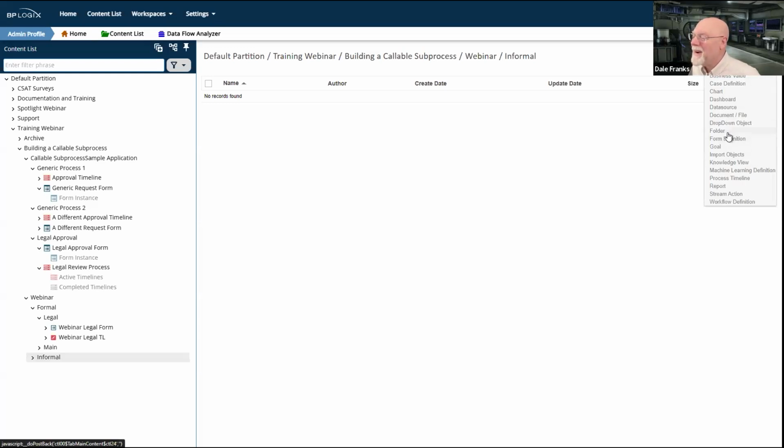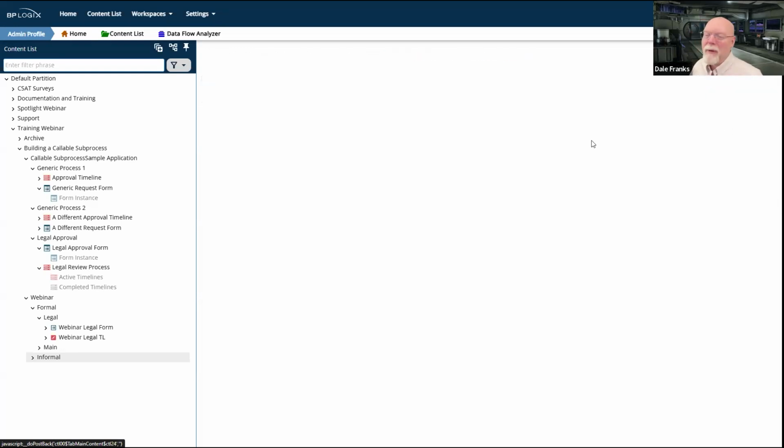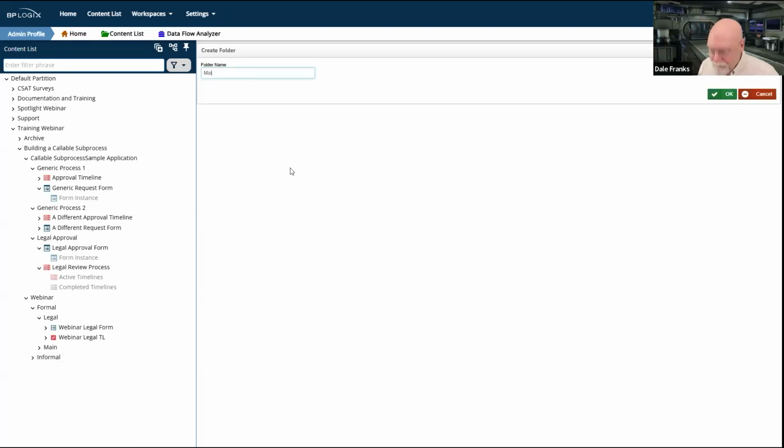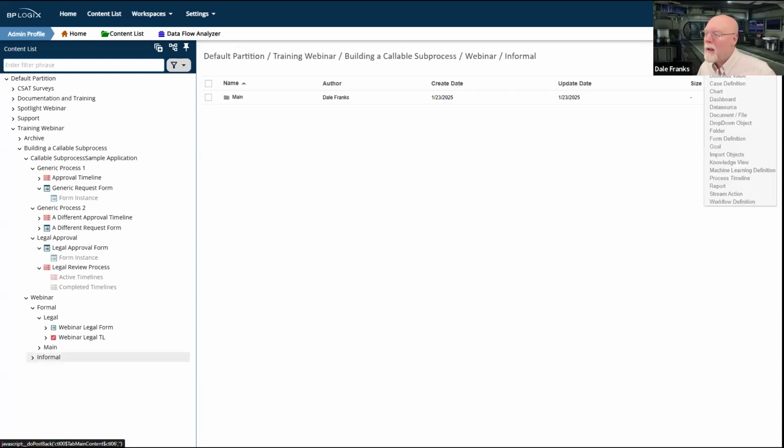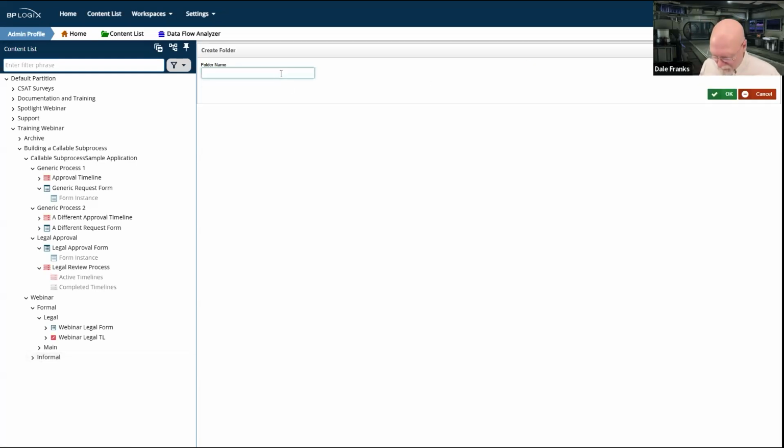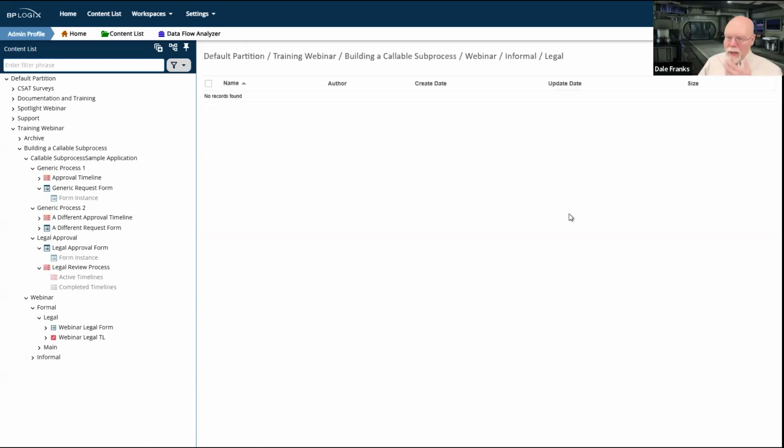Because we're going to try to cowboy our way through this. So we're going to make a folder. Again, we're going to call it main. And then I'll make another folder, and we'll call it legal. And we'll hit OK here.